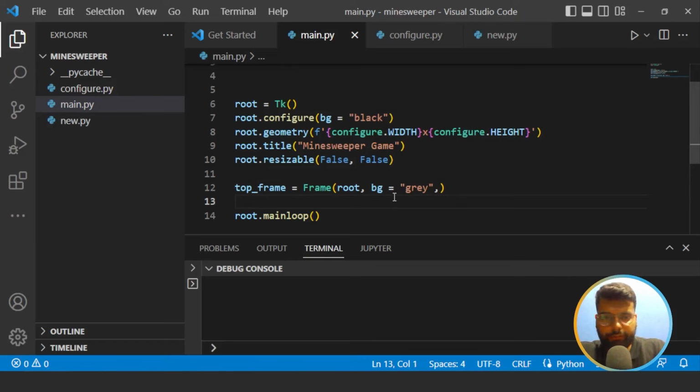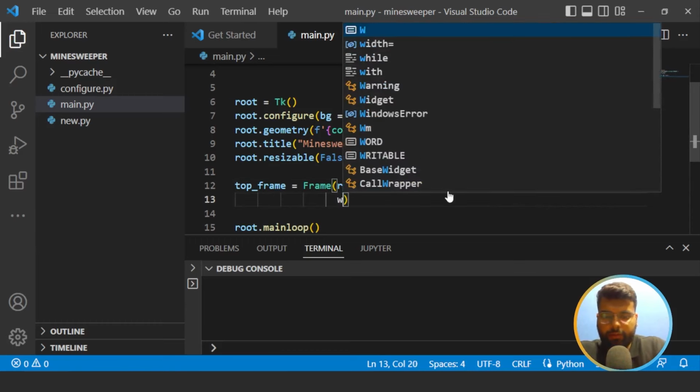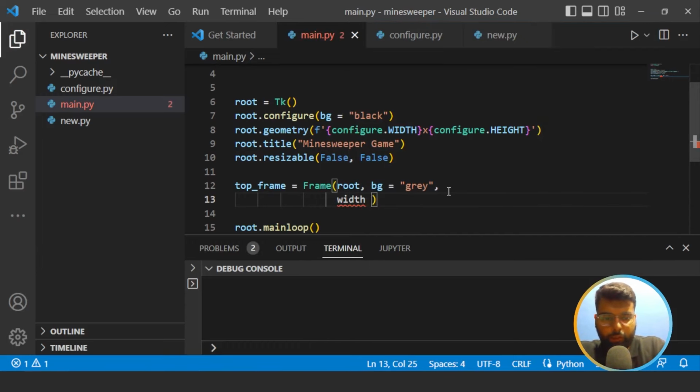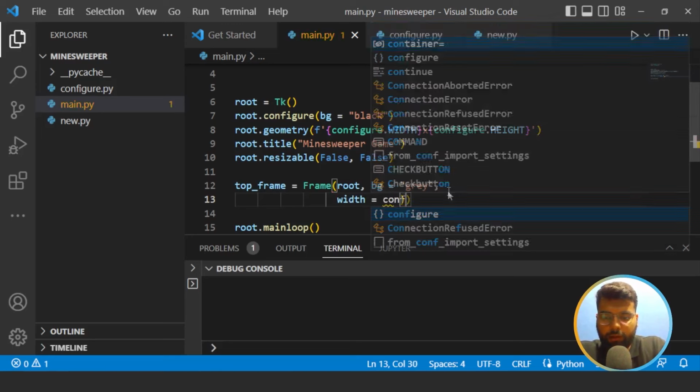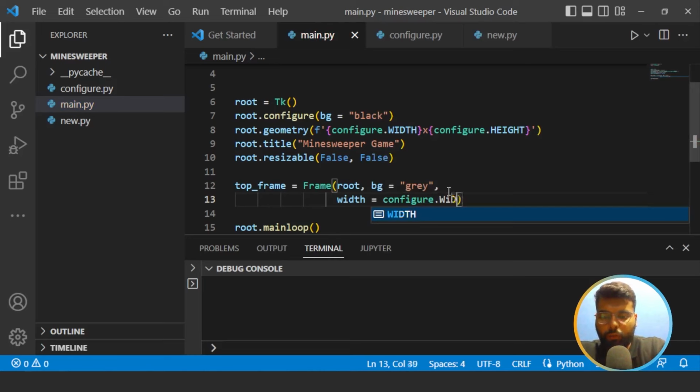So to set the width, we'll set it inside this only. So right width, that would be equal to configure dot width, that is we are importing the width from the configure, that is the parameter of x-axis. So we want that frame to be in the whole Tkinter window. So for that we have imported configure dot width, that was 1400, and